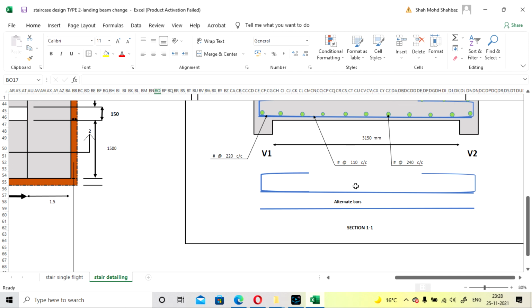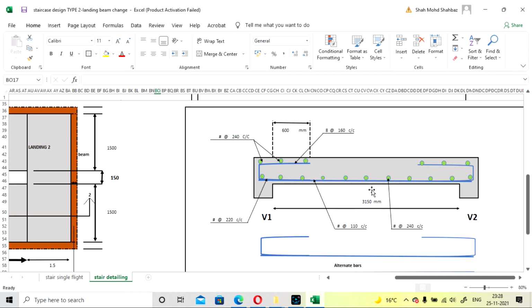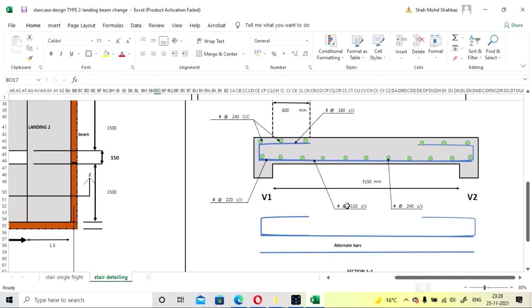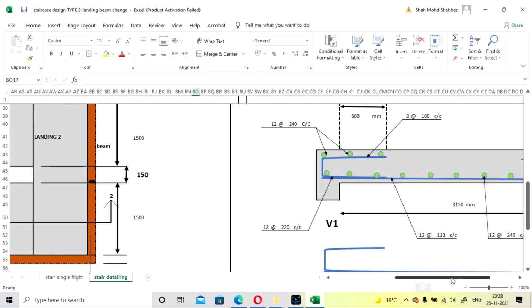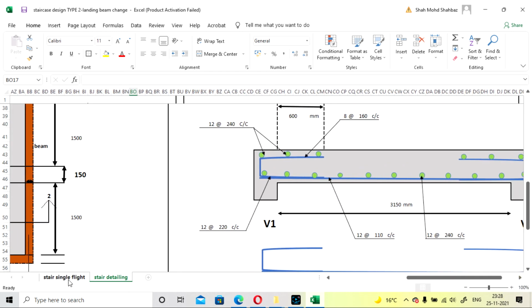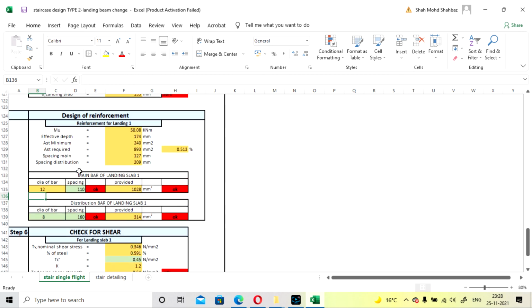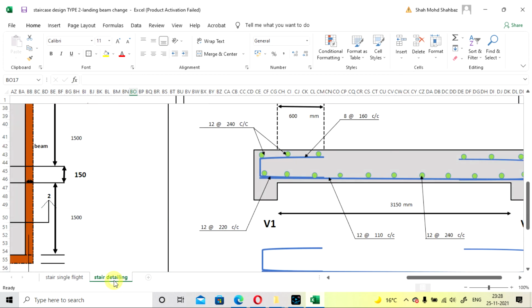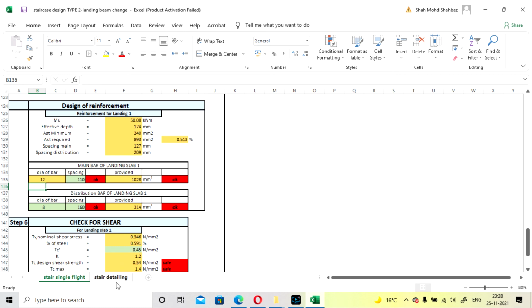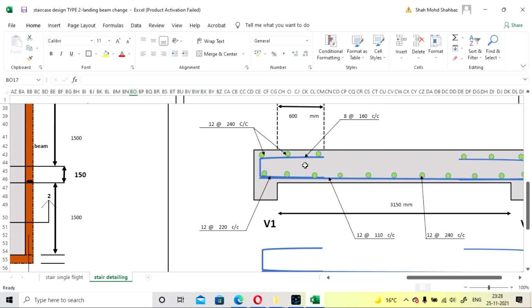So one bar will go straight, the other bar will be bent like this. So this will be 12 of 110, as we have already calculated for landing 1. And for the distribution bar, here 8 of 160. The upper bar will be 8 of 160 here.